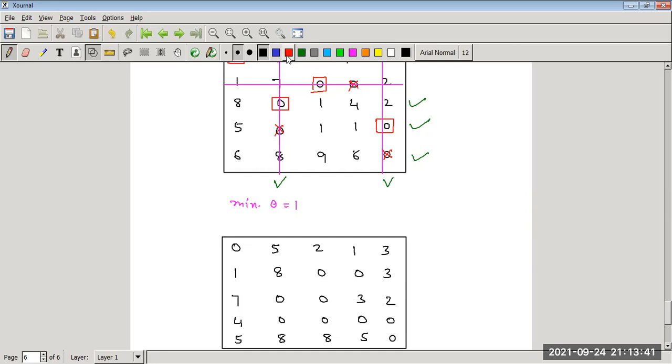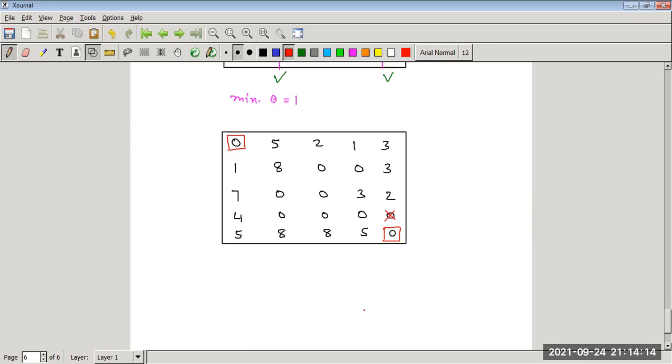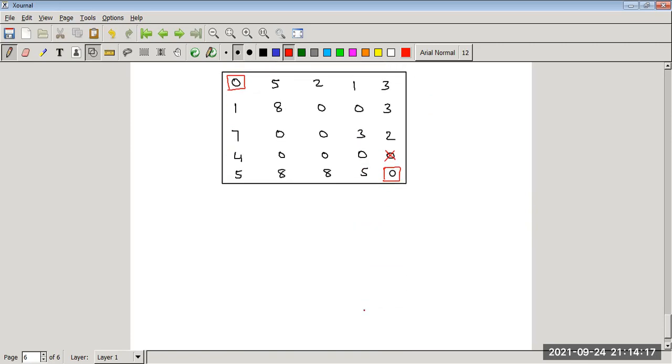So now we again start the assignment process. In the first row there is only 1 zero, assign this 0. There is no other 0 in this column. Come to the second row, there are 2 zeros, leave this. In the third row there are 2 zeros, leave this. In the fourth row there are 3 zeros, leave this. In the fifth row there is only 1 zero, assign this. Now there is 1 zero in this column, so cross this. Now come column-wise. There are 2 zeros, leave this. There are 3 zeros, leave this. There are 2 zeros. Now we have multiple options because we have no row or column where we have only 1 zero. So we make another table at this point.